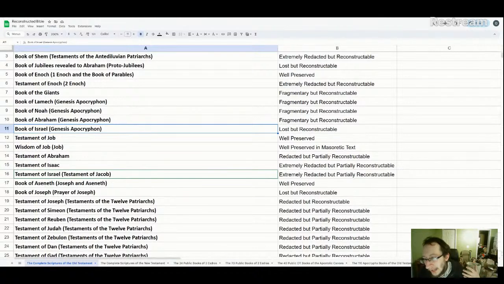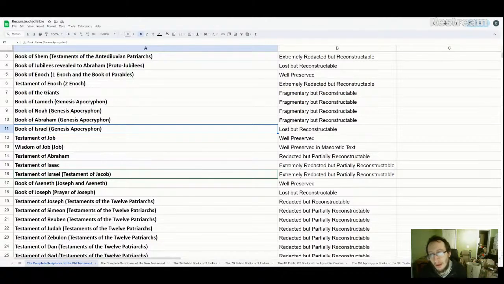And when you look at Genesis, you see clear demarcations. This is the story of Noah. This is the story of Abraham. Huge section about Abraham. This is the story about Jacob. Huge section about Jacob. This is the story of Joseph. Huge section about Joseph. But you don't see a huge section about Isaac. Isaac seems to be in the middle in Abraham's story and in Jacob's story, but he doesn't seem to have his own section. So I believe, based on everything I've seen, that there was no Book of Isaac.